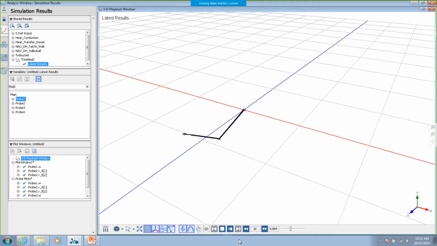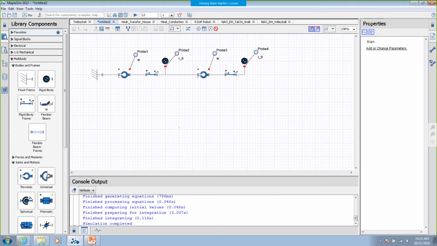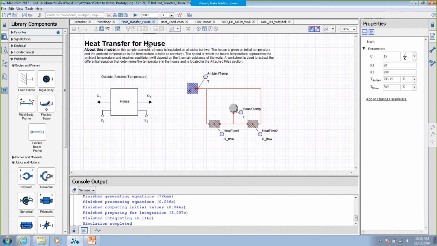So hopefully I was correct. And it's kind of going to be near the end of the simulation where the second bar is going to do a complete revolution. There we go. Yeah, so there you go. So that's one of the fun things you can kind of explore with MapleSim. You can have these visualizations, you can kind of see what's happening, and you can maybe see some interesting things like this. So now I'm going to move on to my next model, which is just a very simple model